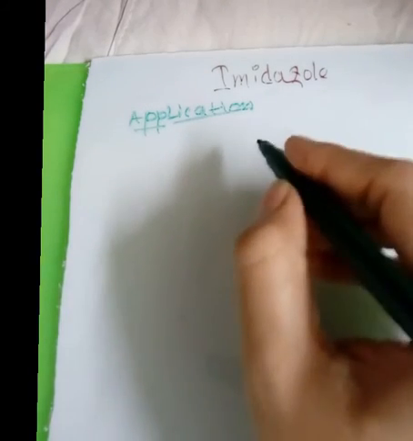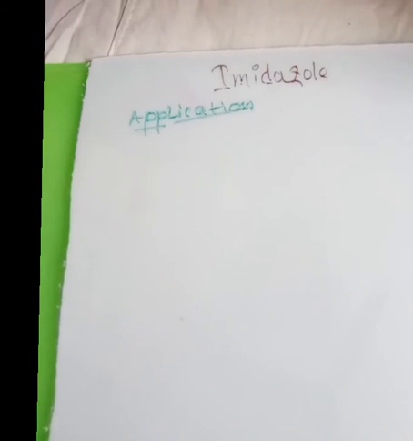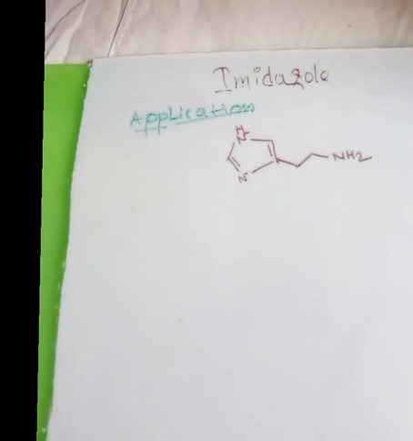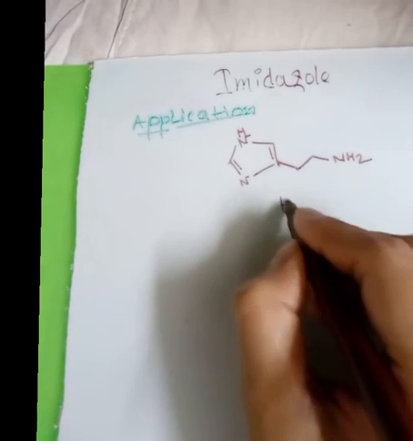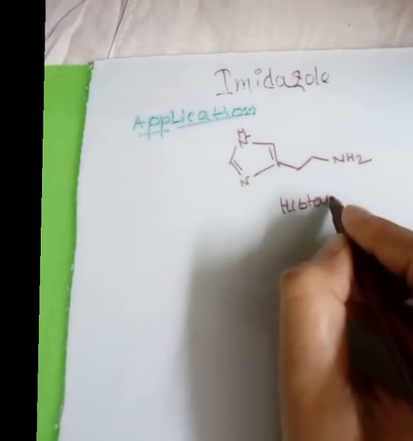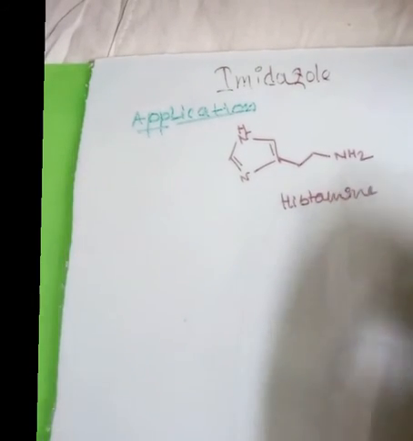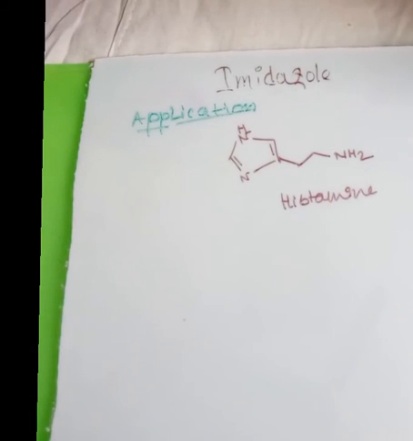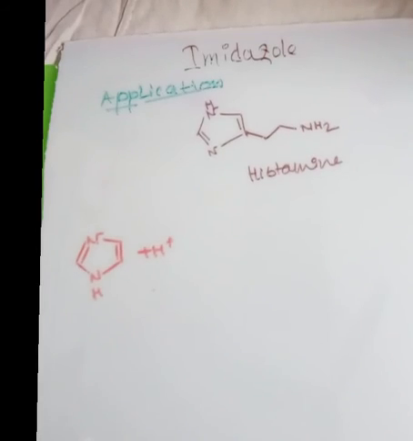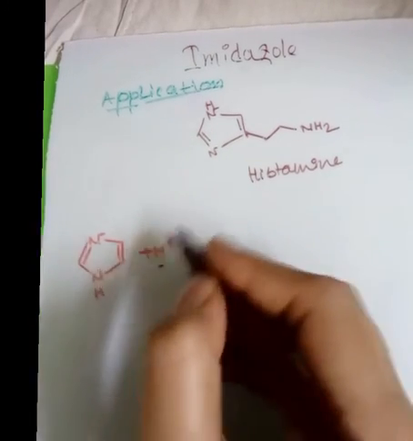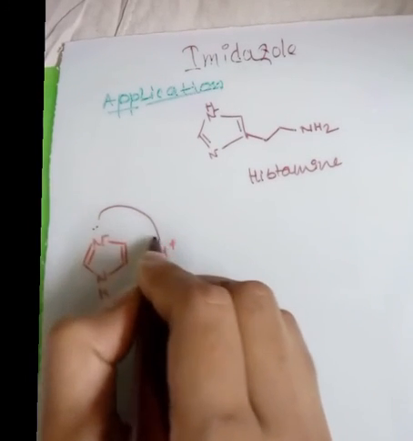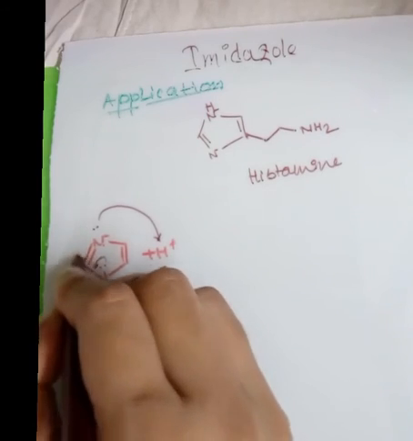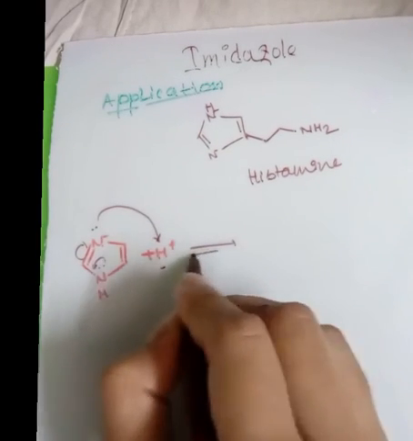That is very much important. This is the structure of histamine. It controls acid production in our stomach, and this is the imidazole part, and this is acid, and this nitrogen takes this acid,